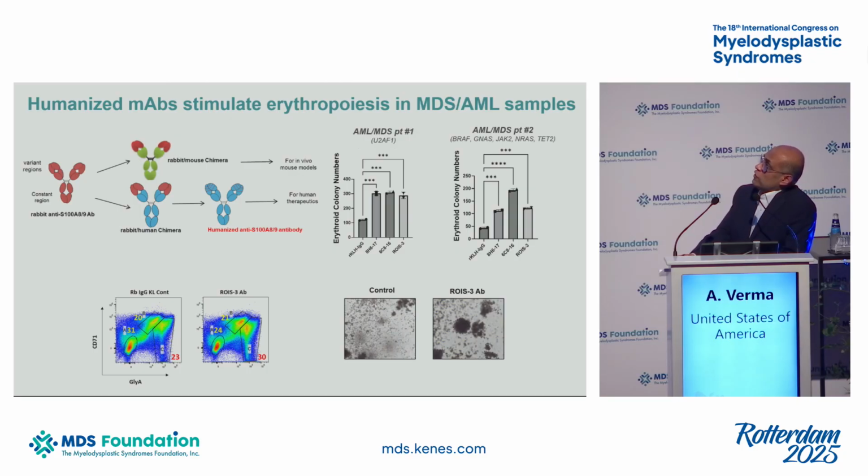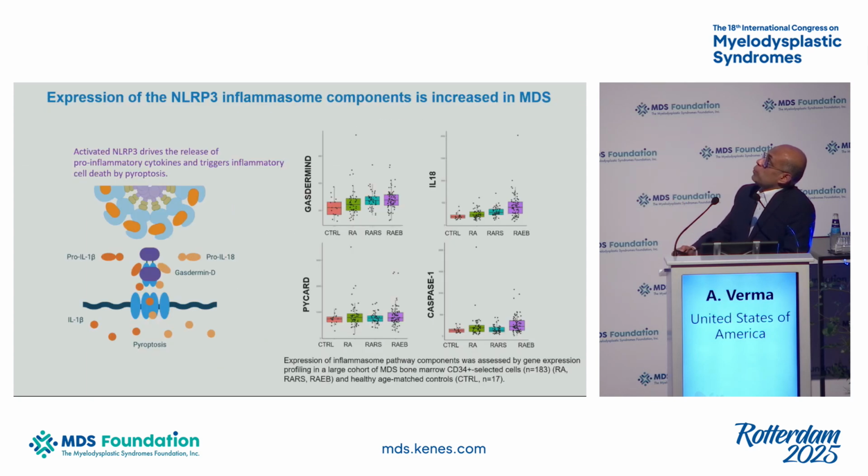We have now humanized these rabbit-derived antibodies. This is part of the data that we show, 2 AML samples that were derived from MDS, and we saw increase in in vitro erythropoiesis in these AML samples also in the presence of the humanized neutralizing antibody. So we hope we can get this antibody into the clinic relatively soon, and I'll be happy to give you an update. The second part of the talk, I wanted to show you some data with an inhibitor of the